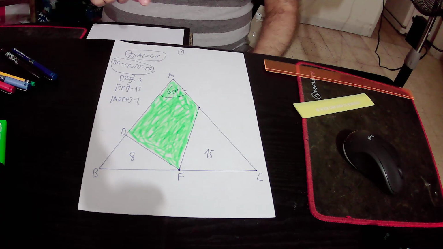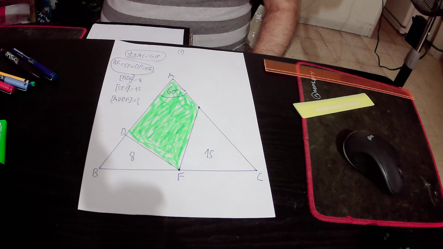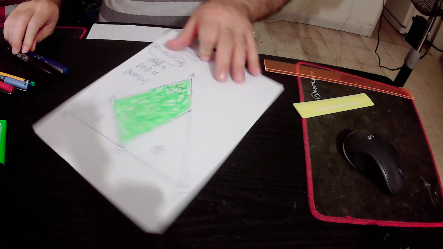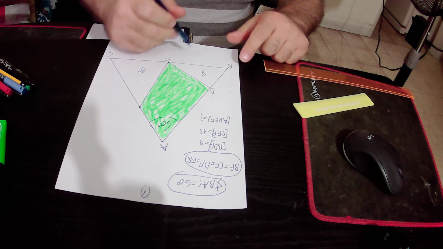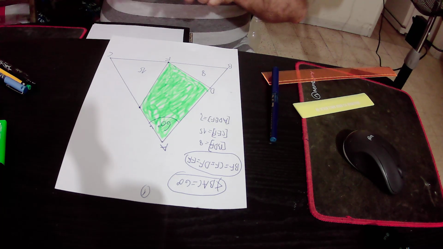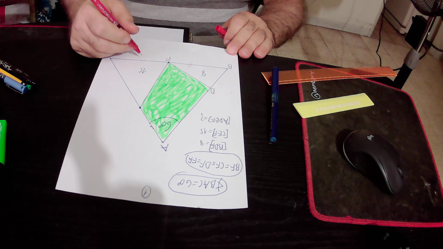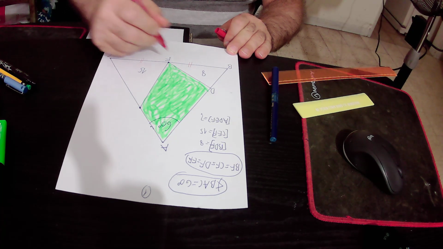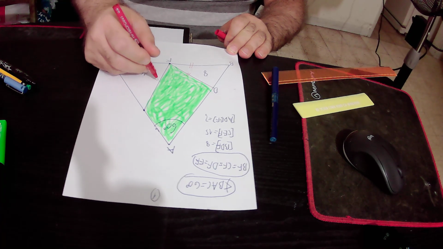We know that angle BAC equals 60 degrees, and we also know that BF equals CF equals DF equals EF,